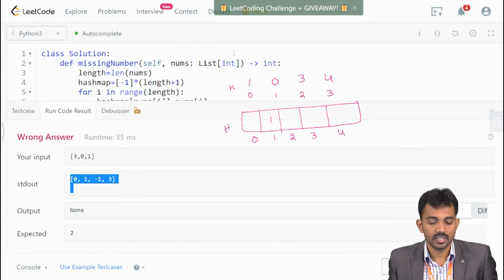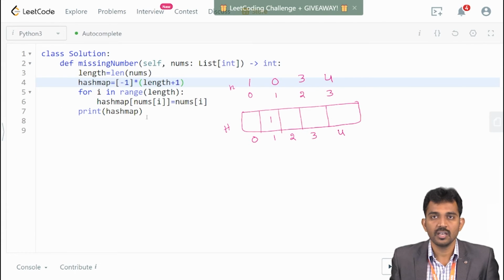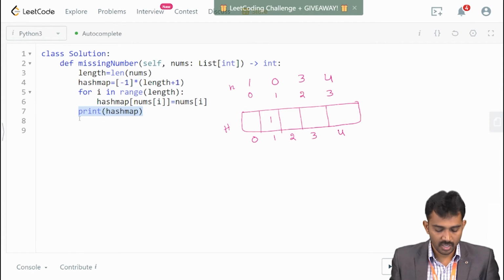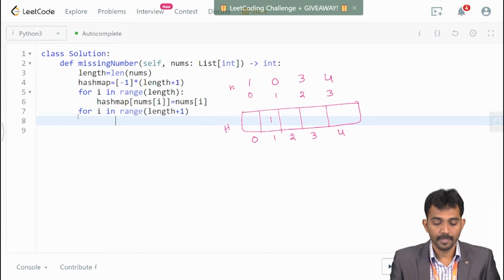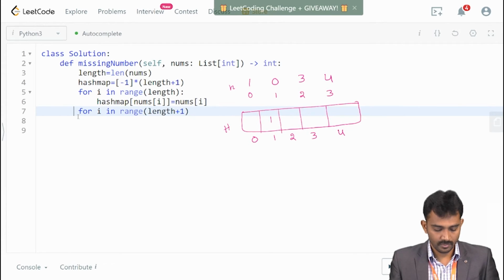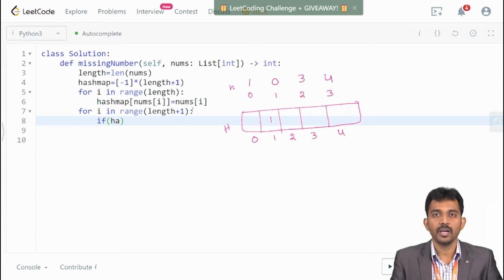So the next task is you simply traverse your hash map, for i in range of length plus 1, right?